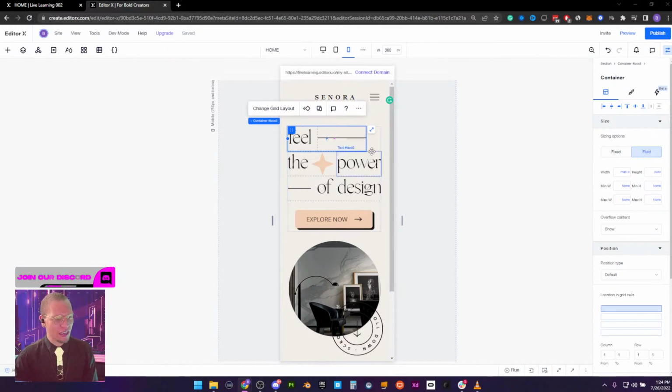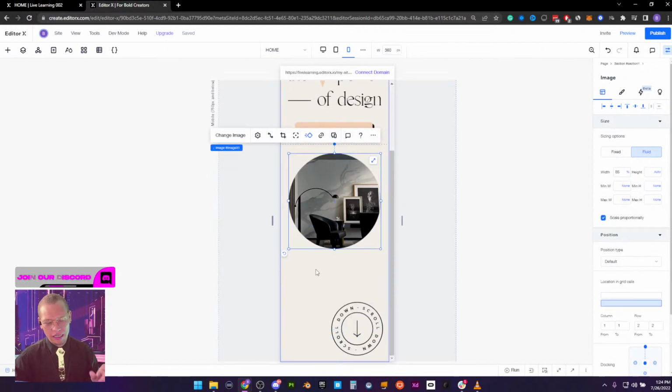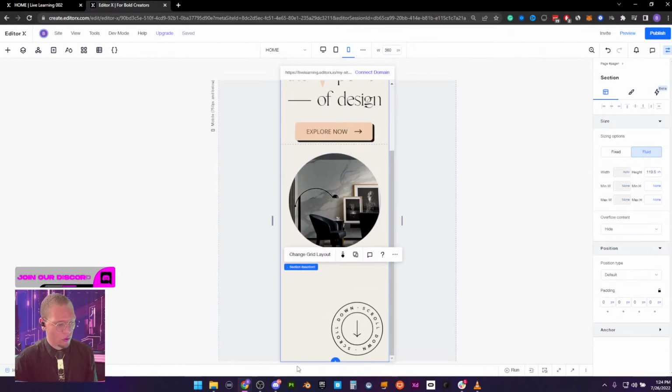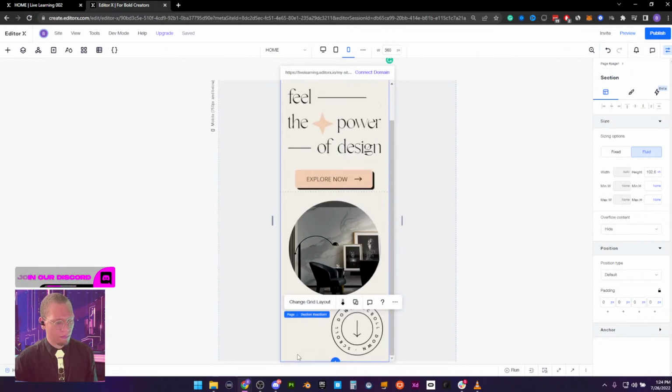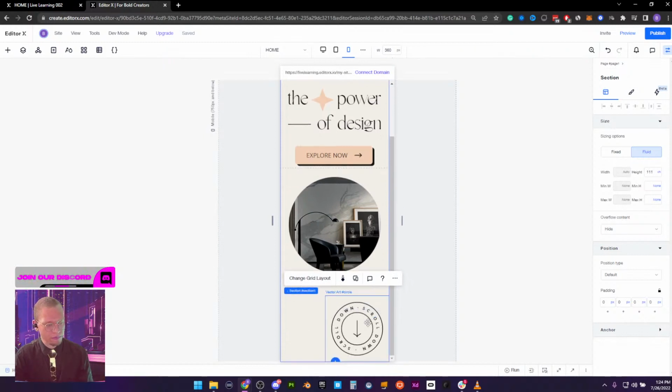Okay, and with this said, I think pretty much we're good here. What we want to do here is pretty fine as well. Maybe I want to shorten up this bottom section. Maybe we don't want it as tall. So I'm actually gonna pull this up manually. I can take my cursor to the bottom of the screen and manually pull either up or down the size that I want this section.